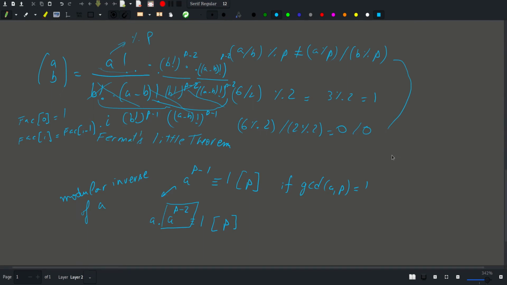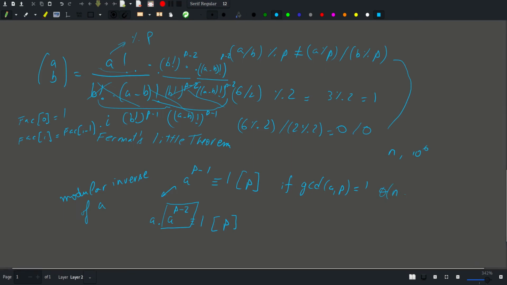And the total complexity in this problem depends on both n and 10 to the 6th, n being the number of queries we have to answer, and 10 to the 6th being the largest value we may have to calculate the factorial for. So with some pre-processing, we can just answer all queries in O of 1, so our total complexity may be just O of n, since we have to answer n queries, plus the complexity of the pre-processing,